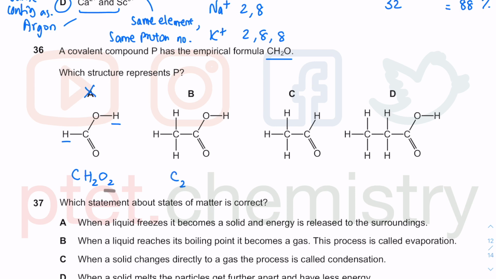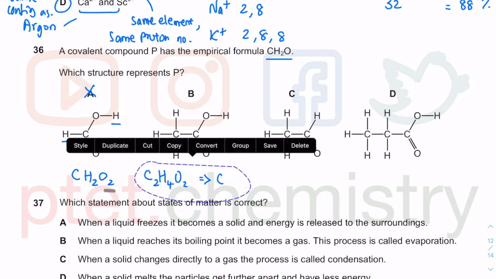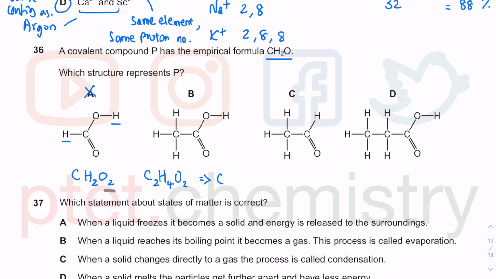Carbon 2, hydrogen 1, 2, 3, 4, and oxygen 2. I can simplify this by dividing by 2 across the whole thing. So C1H2O, so B must be our answer there. But if I look through the rest, I have